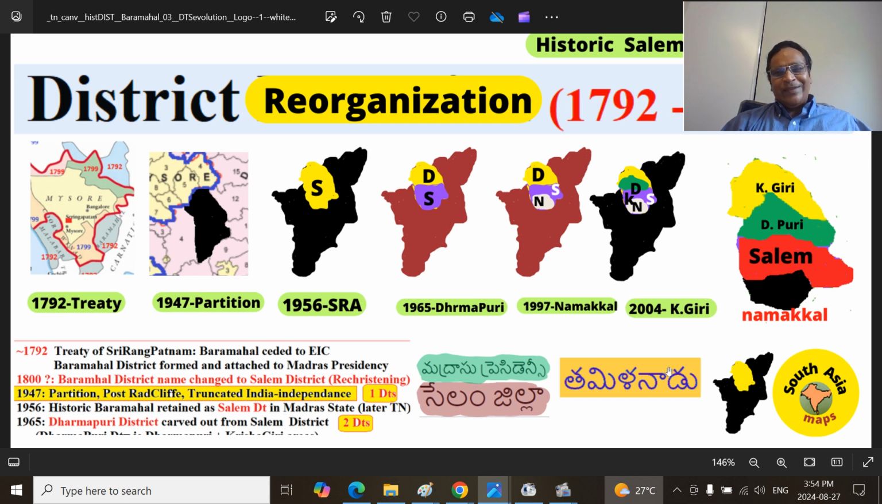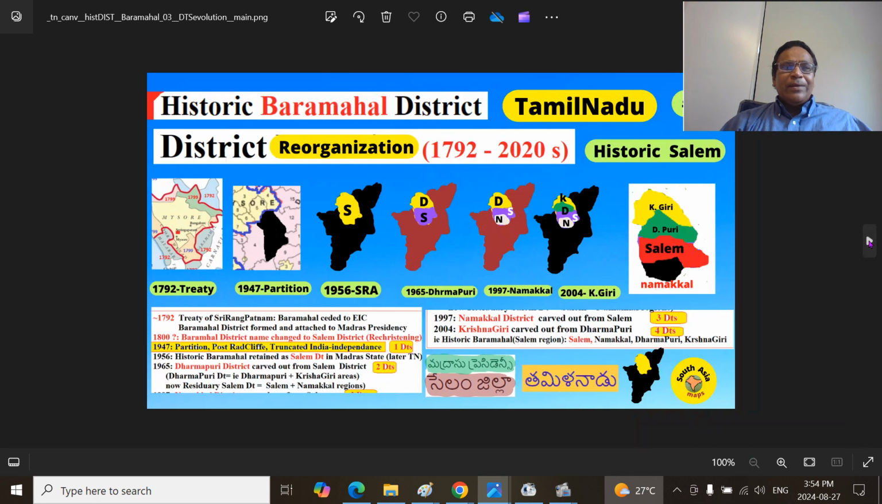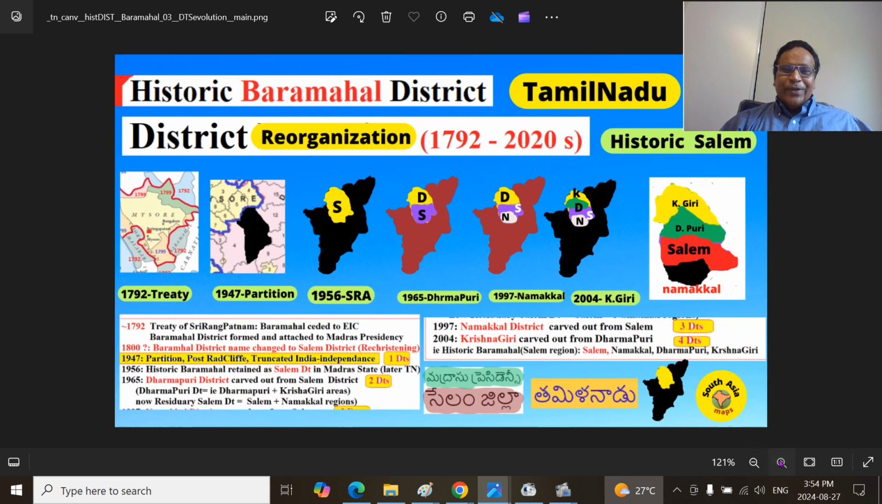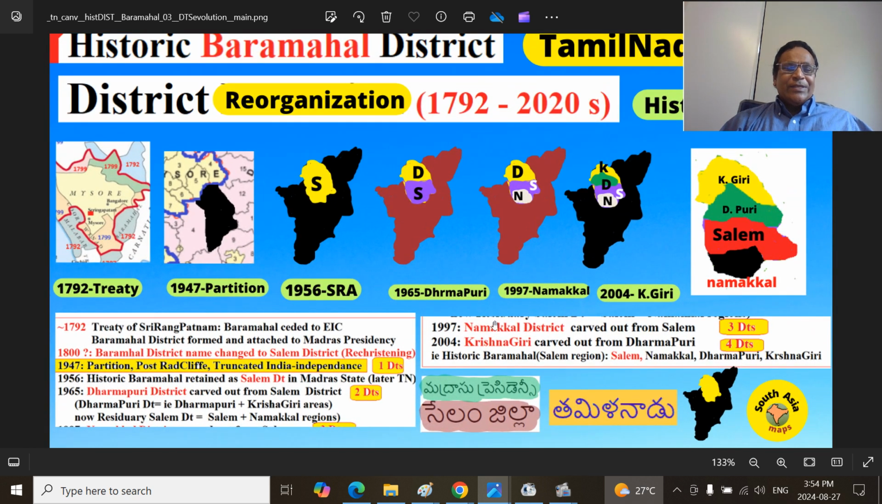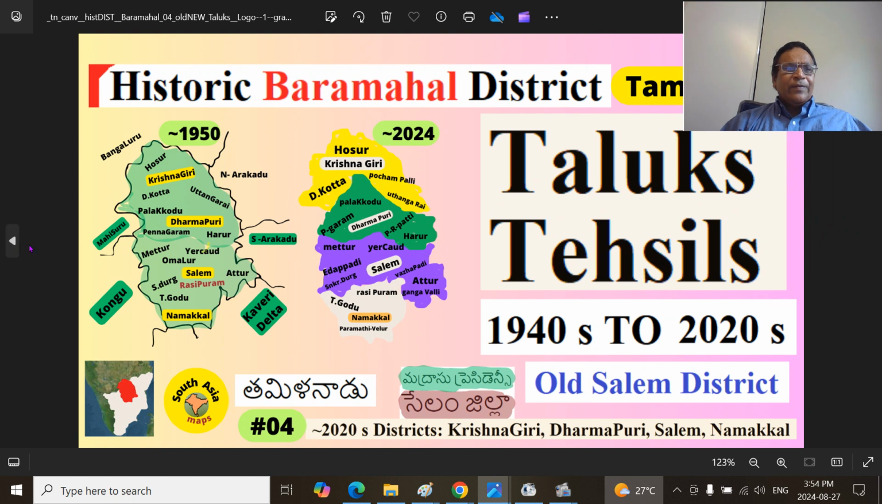This is the Tamil state, Salem Jilla, Madras Presidency. We will look at them in detail here. So these 6 timings you have to remember. That is the Treaty of Srirangapatnam and Partition Independence,